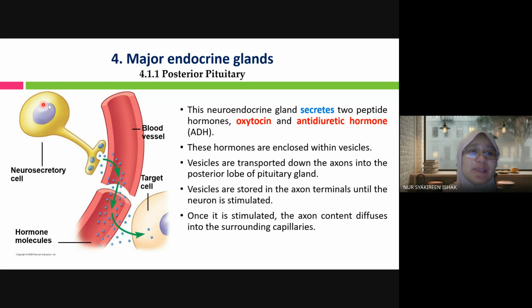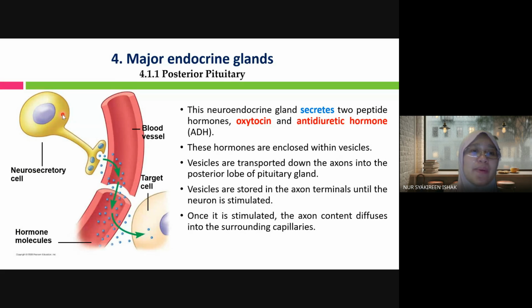Okay, so you have the nucleus within the cell body. The nucleus instructs the cell to produce the hormone. Yang ini awak kena ingat balik lah yang kita belajar semester lepas kan. From the nucleus, it extends into the rough endoplasmic reticulum where the ribosomes produce the protein and then package it into vesicles, and then it goes to the Golgi